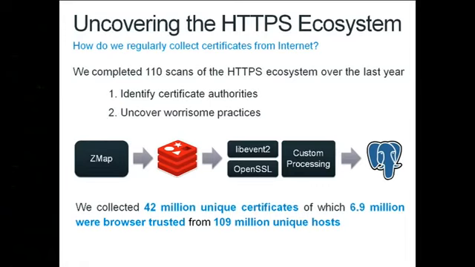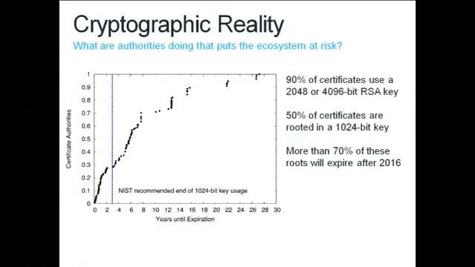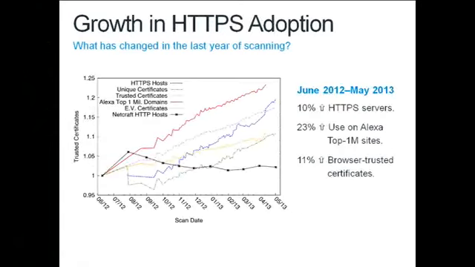So in addition to finding, I think, 1,300 entities that can sign a certificate for any website you visit, because there's no kind of limitation to that scope of authority and trust that's put into SSL certificate authorities, we find interesting things like this. There are still 50% of certificates eventually rooted in a 1024-bit key. This is something on the verge of being factorable. More than 70% of these roots will expire more than 2 years from now. So this is bad.